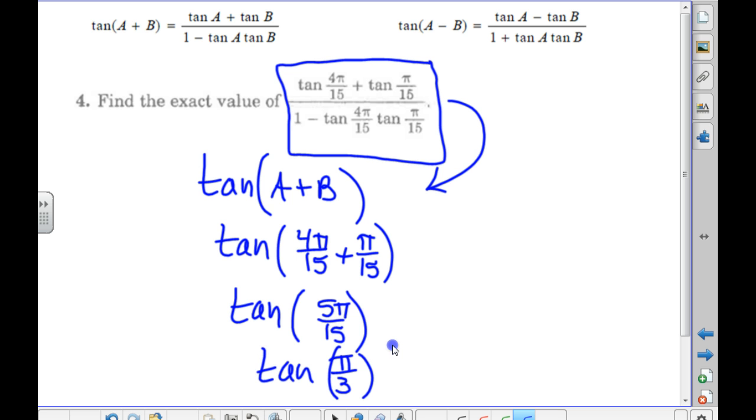Now, on a test or quiz, honestly, these kinds of questions usually just say simplify. So it might be that when you added them together, it came out 2 pi over 15, and then you would have been done. But this particular one said evaluate and find the exact value because we can. What is the tangent at pi over 3? Square root